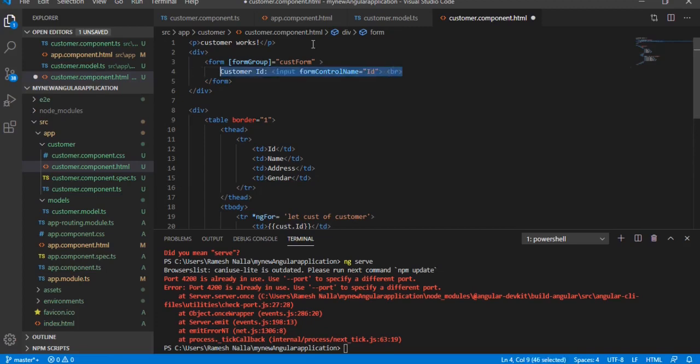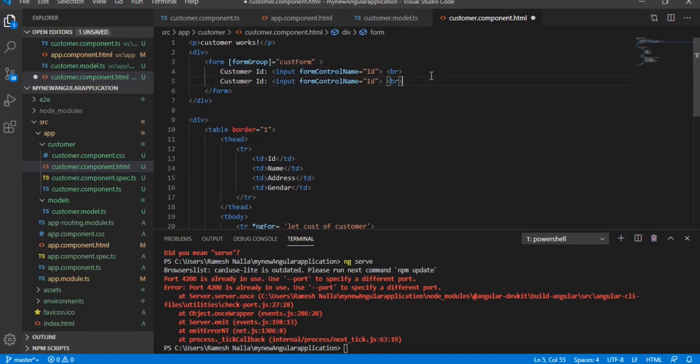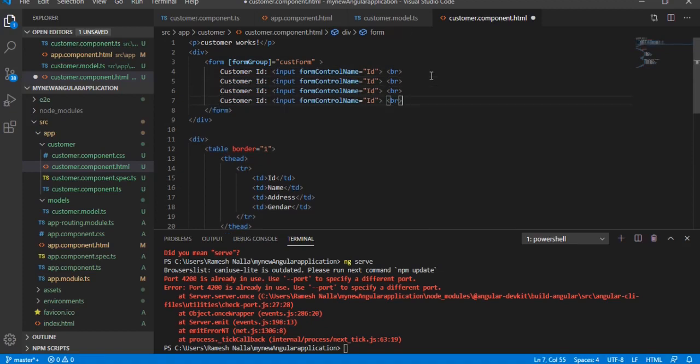This is about the customer id. And like that, customer name, address and gender.